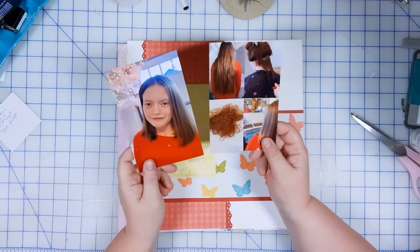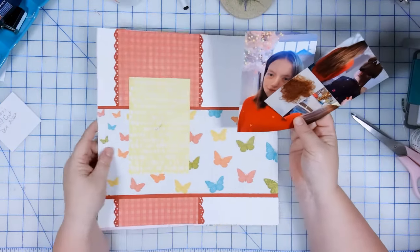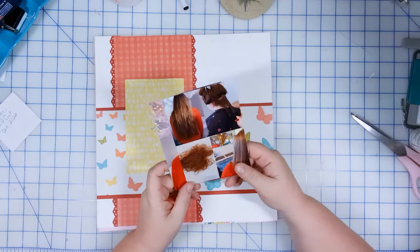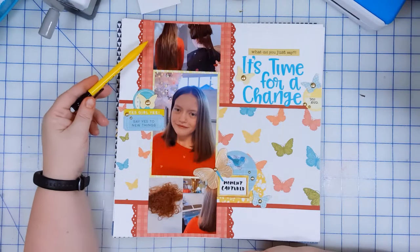When I saw the colors of my niece's sweater, I immediately thought of this butterfly page that I had done, and I think the butterflies are really symbolic. She had a pretty big makeover, and butterflies tend to symbolize change, so I think this one's going to be a good pairing. I opted to go for a